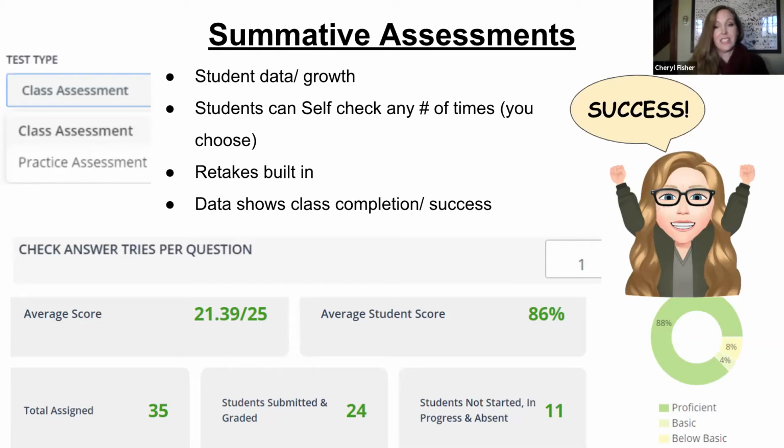And I can also see that many students were absent, and definitely in this virtual teaching time, I know we're all experiencing that. But as a class assessment, this is collected and compared to the next test that I'm going to give. So that is another fun little technique. You can see all the different ways it's presented: proficient, basic, below basic. It looks like maybe my below basic students just click through it to get it done. But Edulastic allows me to get into the entire class fairly easily.